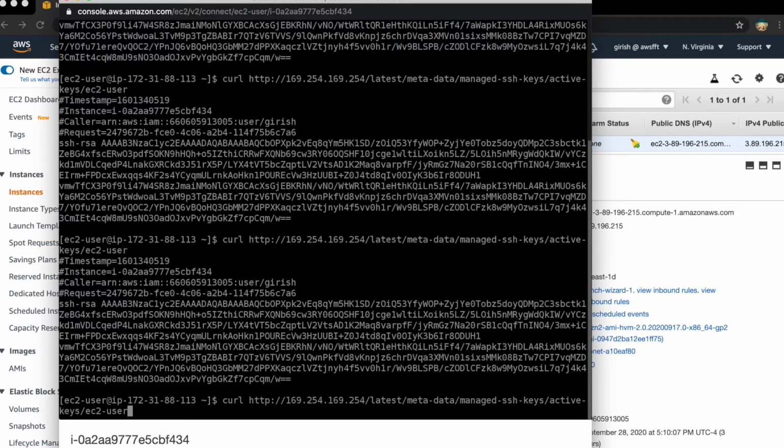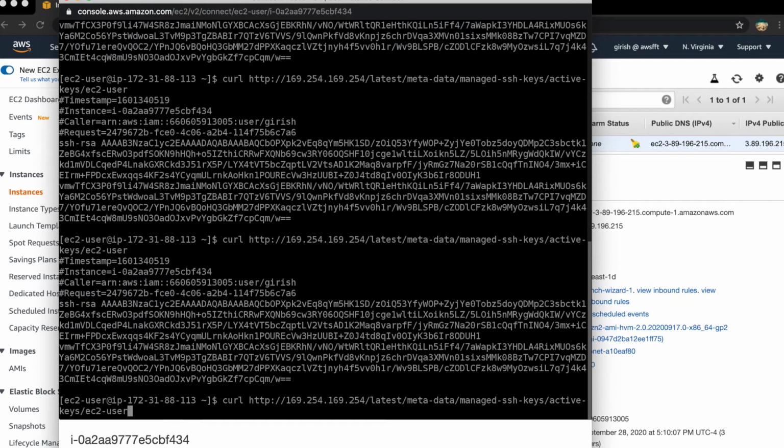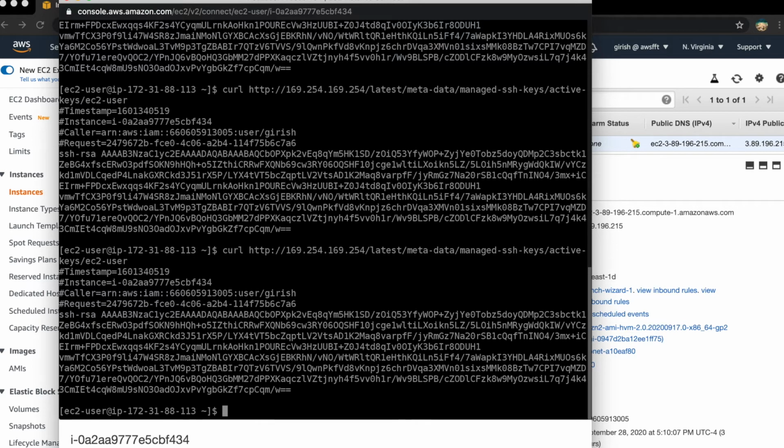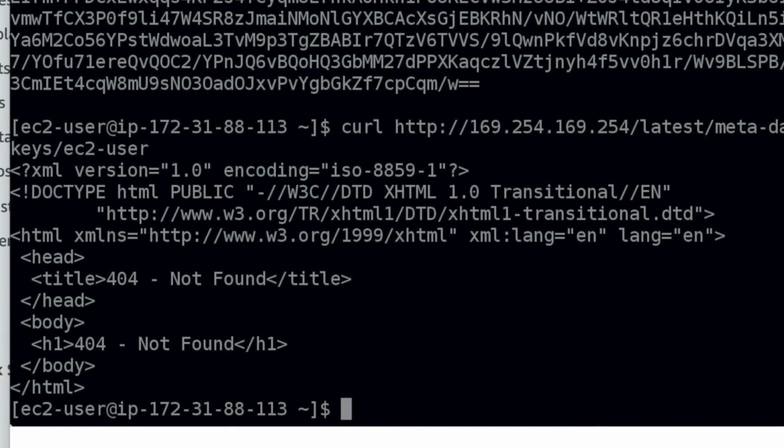If we repeatedly run this command, we will see the key not available at some point, and that will be after 60 seconds. This is how AWS lets us connect without mentioning a key pair. So just wait for a moment to see what happens. Yeah, now you can see that it could not find the public key.